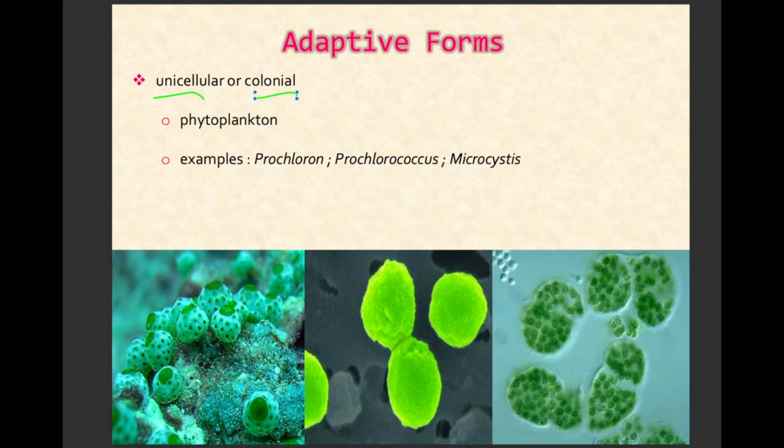The unicells, but these aggregations are formed due to mucilaginous secretions or due to them sticking to each other. So most of the unicellular and the colonial forms are phytoplanktons of the world. So these are the primary producers in most aquatic ecosystems, and they produce the much needed oxygen that Earth, us heterotrophic organisms, need. Examples of your phytoplanktons, unicellular forms of your cyanobacteria, we have your